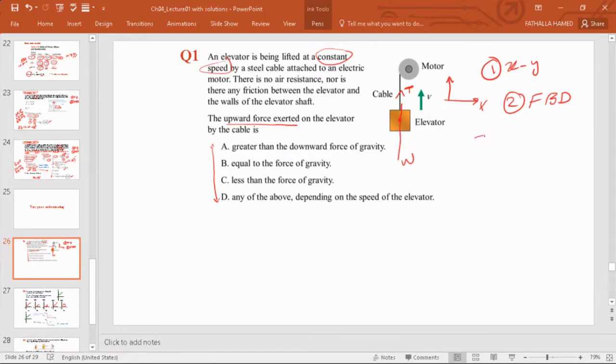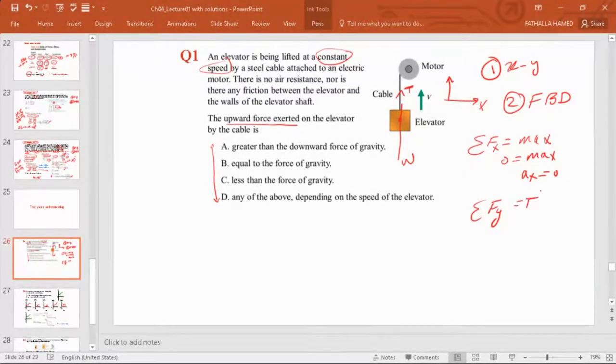And then you're going to look at your Fx. And your Fx here, you don't see any forces in the x. And that should equal to max, which means 0 equals max, meaning ax is equal to 0, and there is no motion along the x in this situation. But if you look along the y,